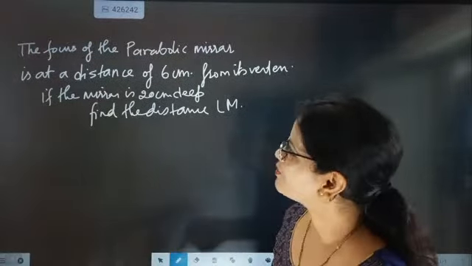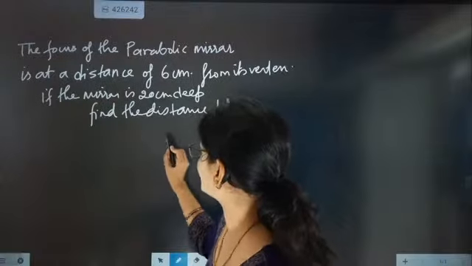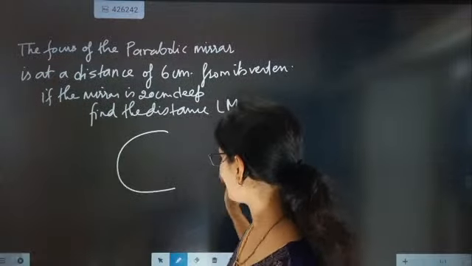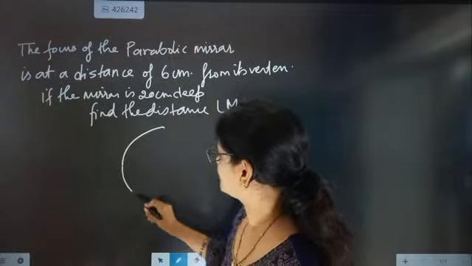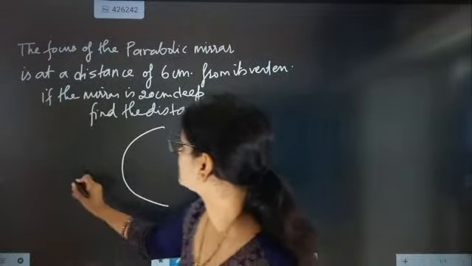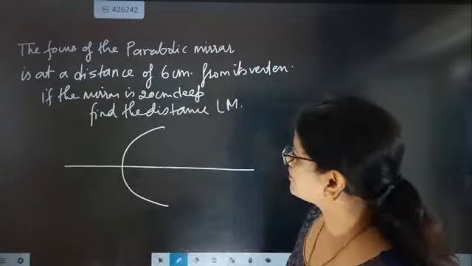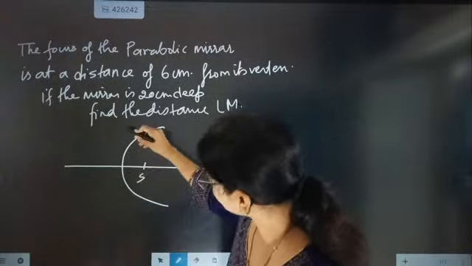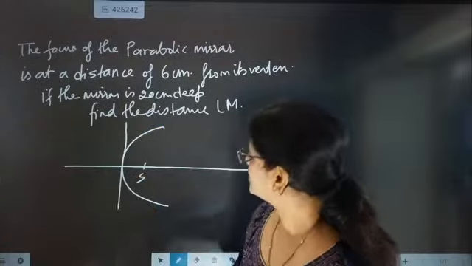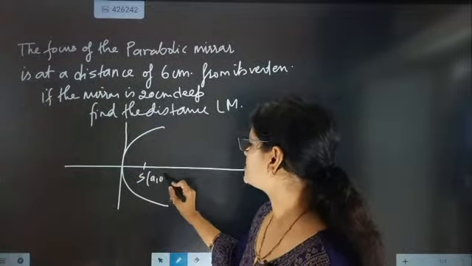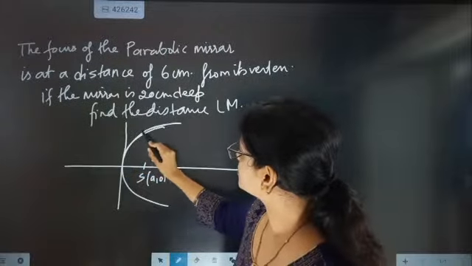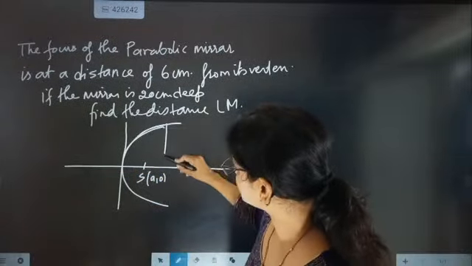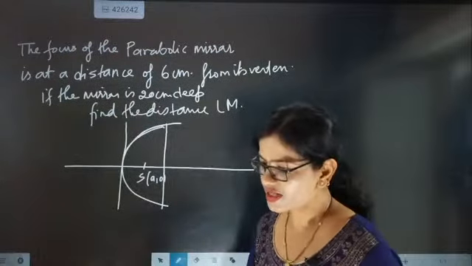The focus of the parabolic mirror is exactly what is given here. This is the parabola, if it is looking like a parabola. So this is the parabola, beta. Now focus is given. The focus point we are going to take from the vertex, so it is going to come as a comma 0. And now they are telling the depth. Depth means I am going to increase this one. It is coming as total 20.